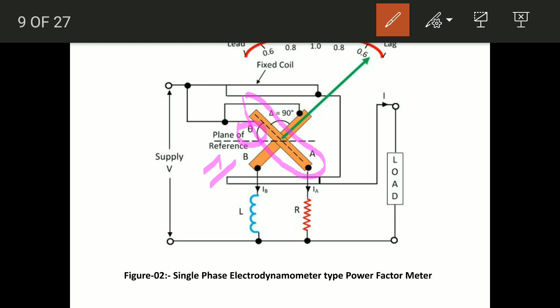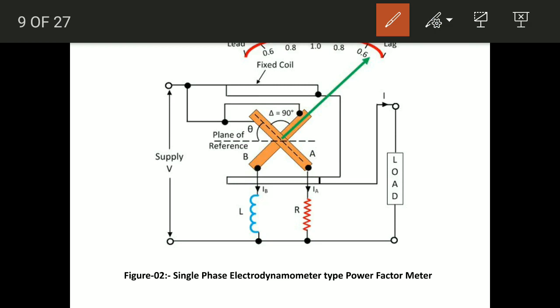TA, which is nothing but the deflection torque produced by coil A, equals K into V into I into cos phi, where phi is the phase angle between V and I, multiplied by sine of theta, where theta is the angle of coil A with respect to the plane of reference. Now suppose you are interested to write the equation for coil B,